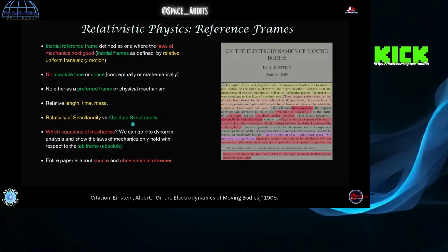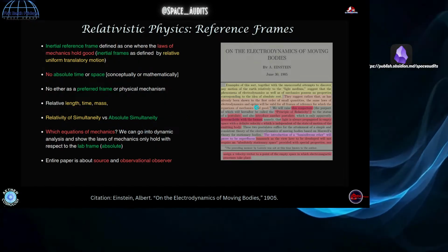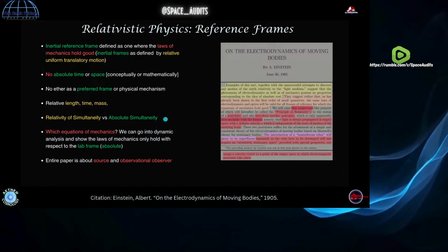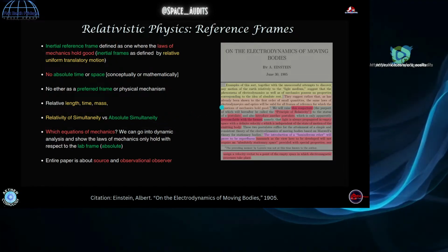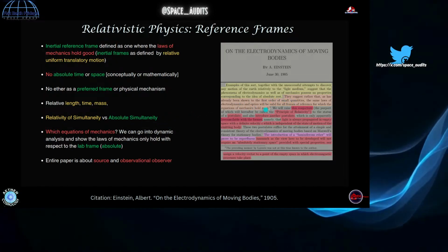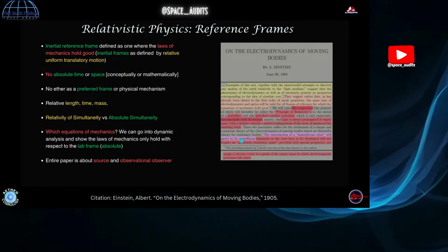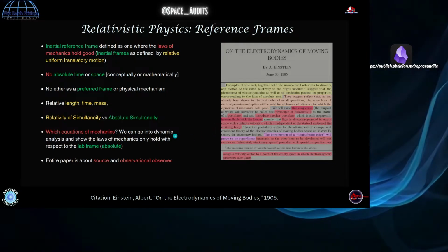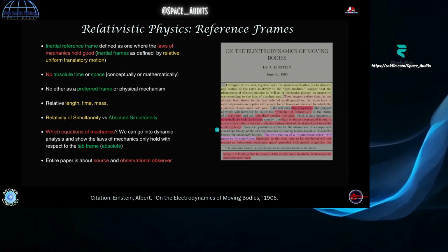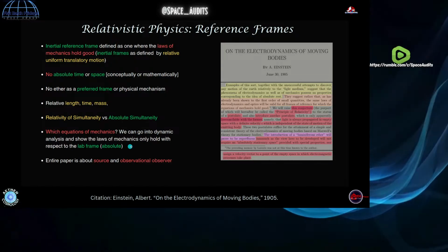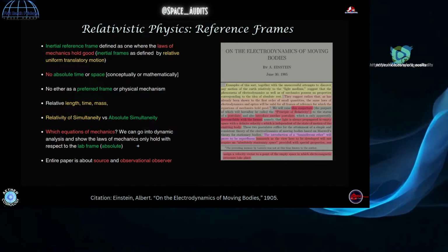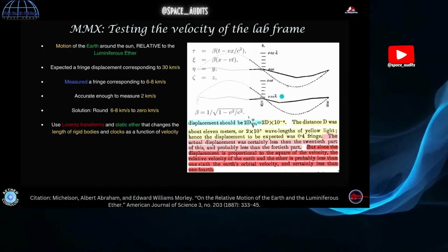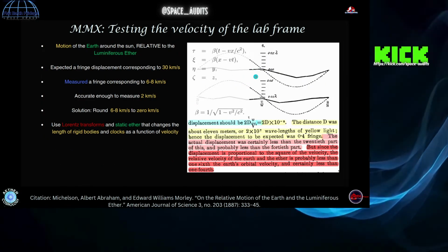Okay, so when we get into, it says here, the equations of mechanics, well, which ones? Are we talking about the ones that satisfy dynamic analysis? Because right off the bat, relativity would already be cooked. But let's proceed forward for a little bit at face value and see what we can learn about the theory and what's being proposed. So again, the entire paper is about the observer and the measurement, right? The measurement that occurred on Earth that contracted and dilated.